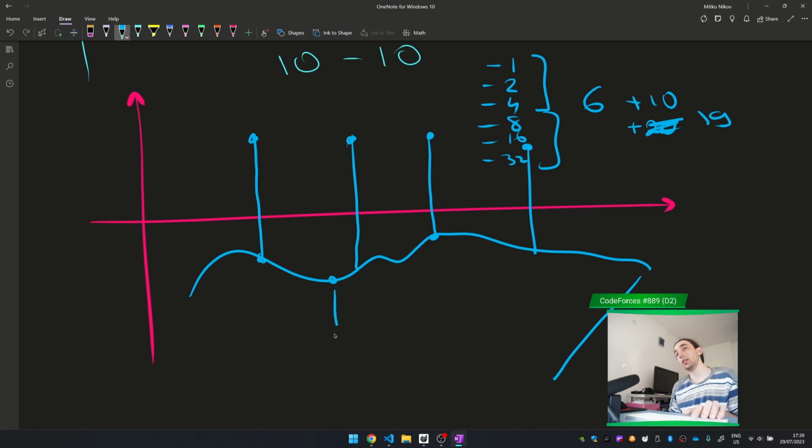And in 2 steps, if it's -2, I can just go to -4. This is if it's -1. But if it's -1, then the other side is very big, and this other side can do all of